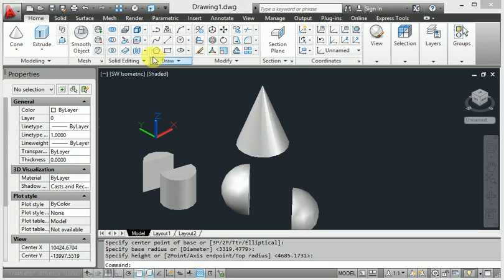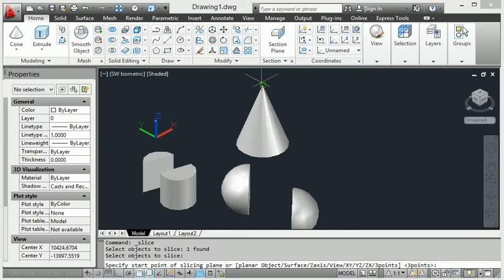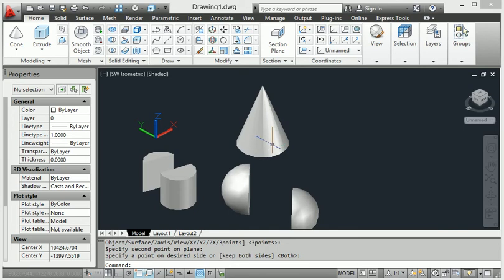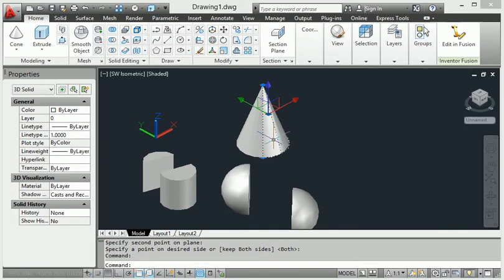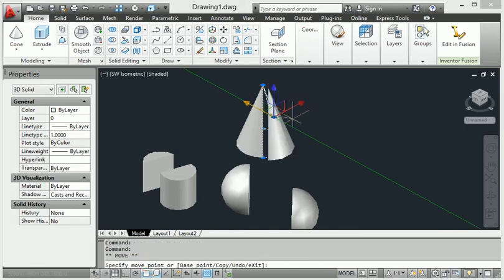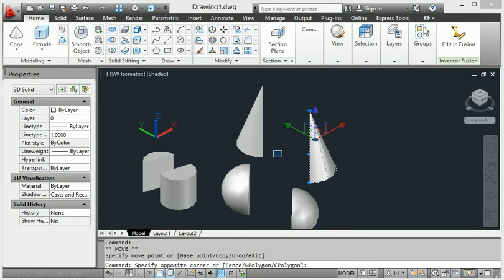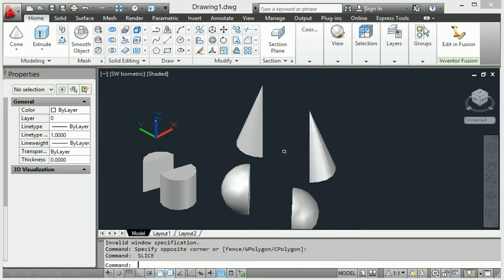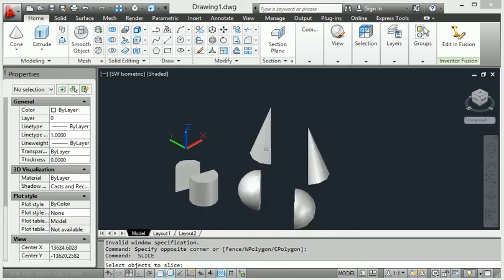Then go to the slice command, apply the slice command and click the body, then enter. Here the line joint: I pick the end point and also another end point. Then look, this body has been sliced here, an easy way of slicing a component.